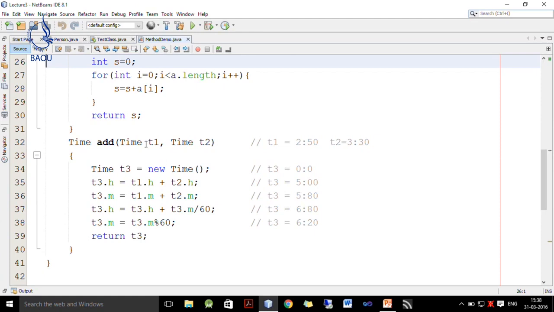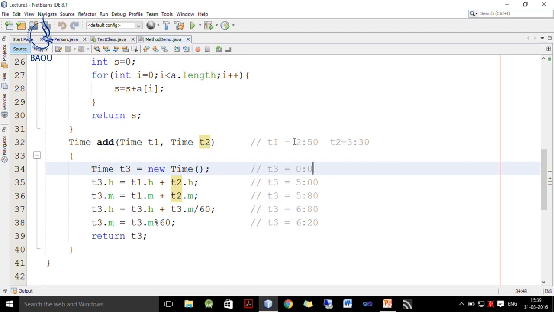Now, I want to add two times. So, here T1 has two components h and m. h represents the hour of T1 and m represents the minutes of T1. Similarly, we have T2.h and T2.m which represent the hour and minutes of T2 respectively. Now, assume that T1 is initialized to 2:50 and T2 is initialized to 3:30.